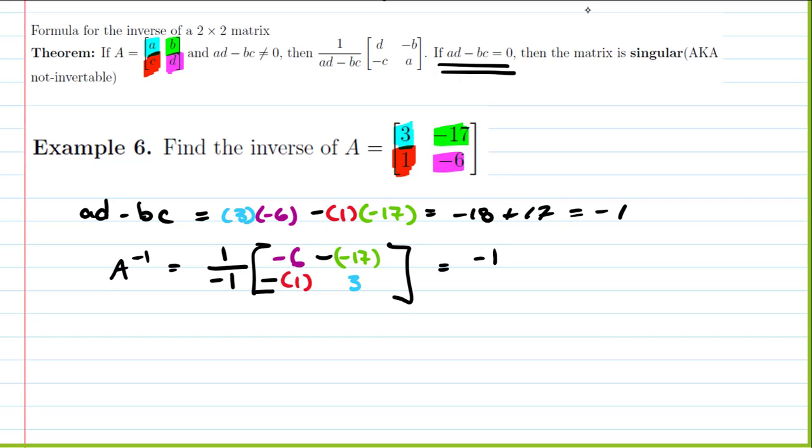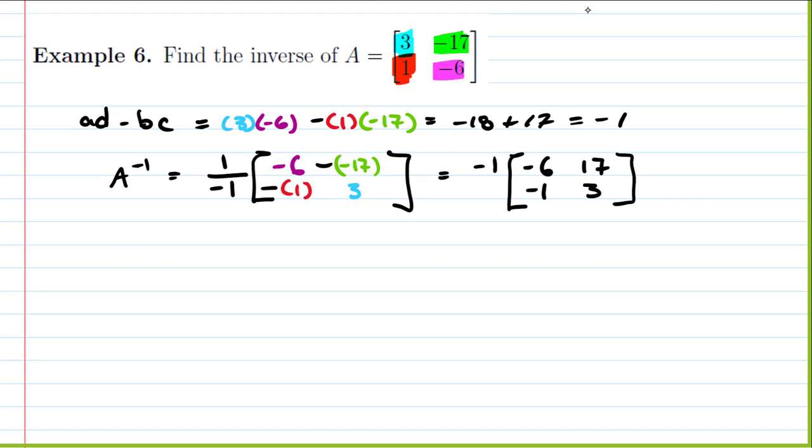So that gives us, in the front, negative 1, then we have negative 6, positive 17, negative 1, and 3. And then we do the scalar multiplication, so we multiply in the negative 1, and we get the matrix 6, negative 17, 1, and negative 3,